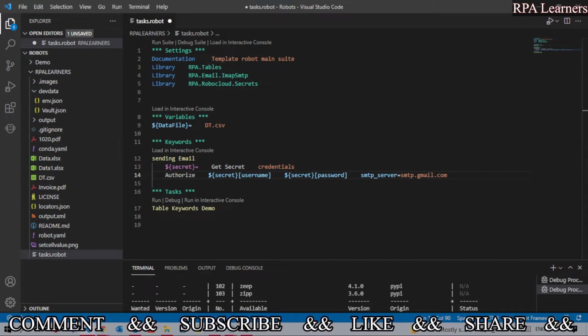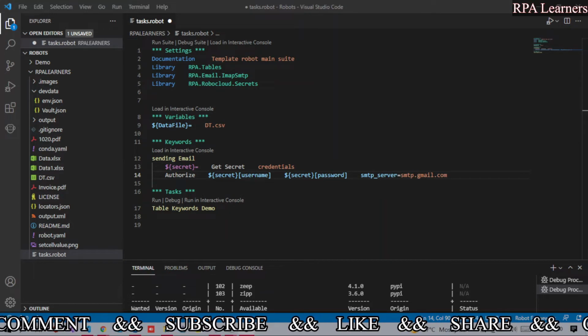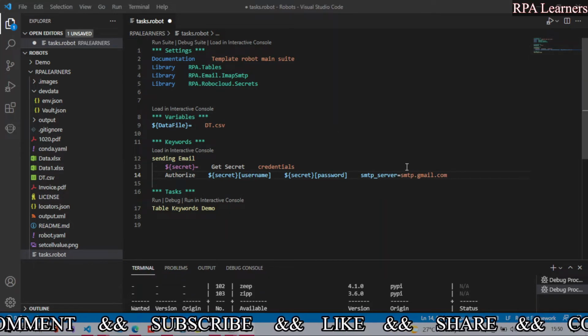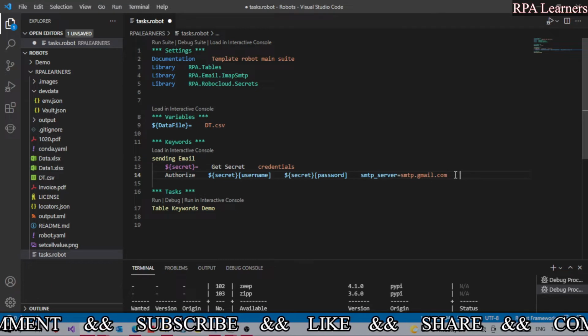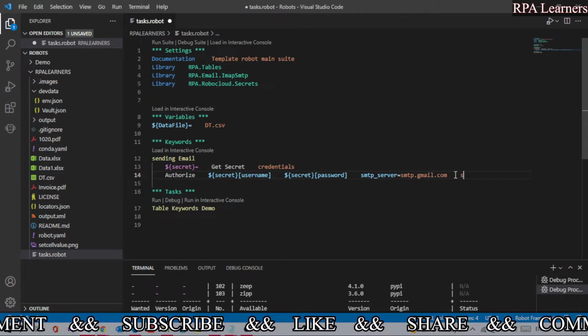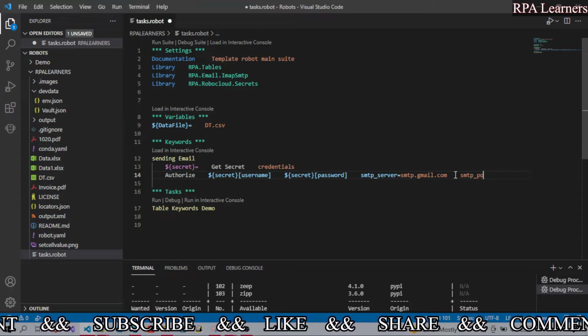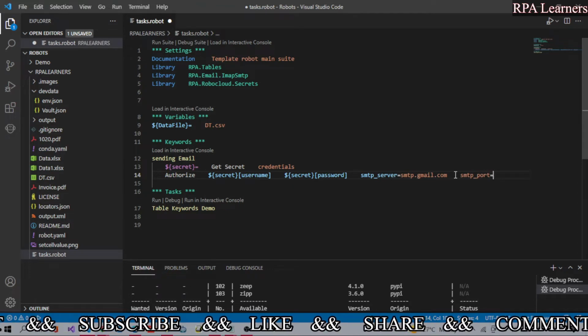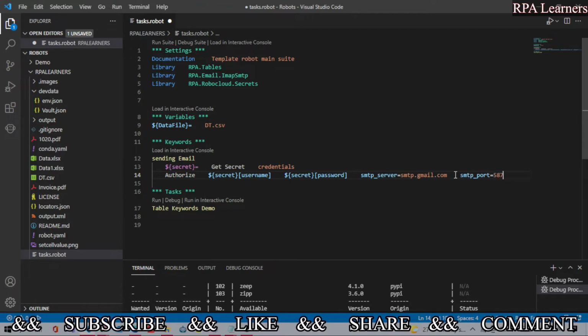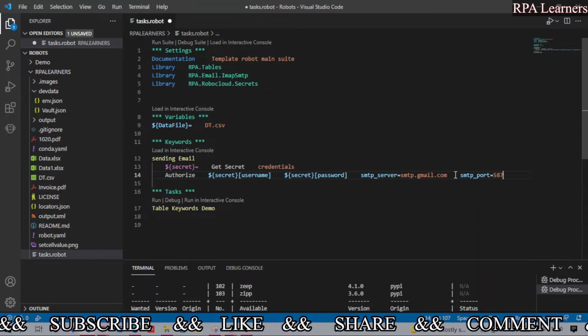Now we have the server as well, and we need to give the port number, which is the SMTP port, and the port number is 587. Now we are done with the authorization of our mail.